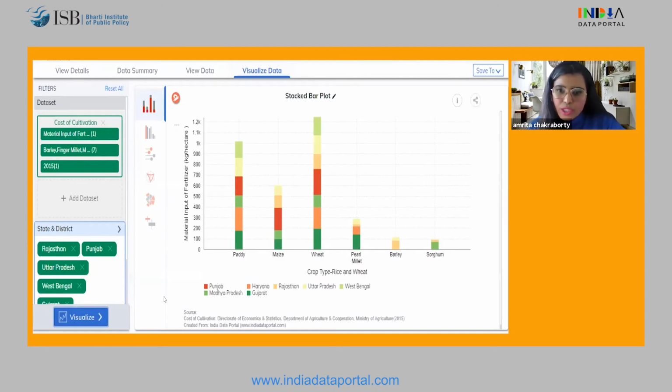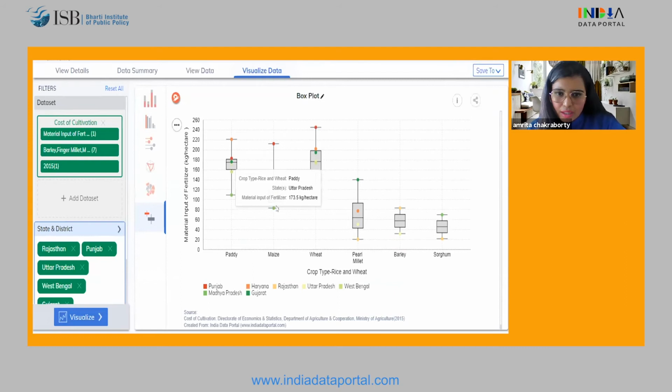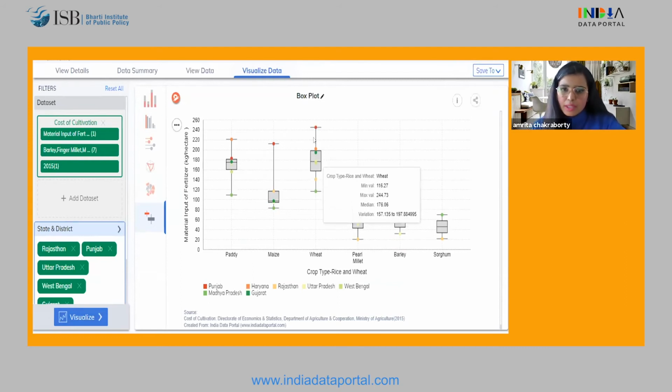So now we see the stacked bar plot has come up very nicely and is clear and distinct since it's state level data. Now the box plot will actually give you very nice information. So these lines are the median cost among these 7 states, and clearly for wheat, Punjab is the